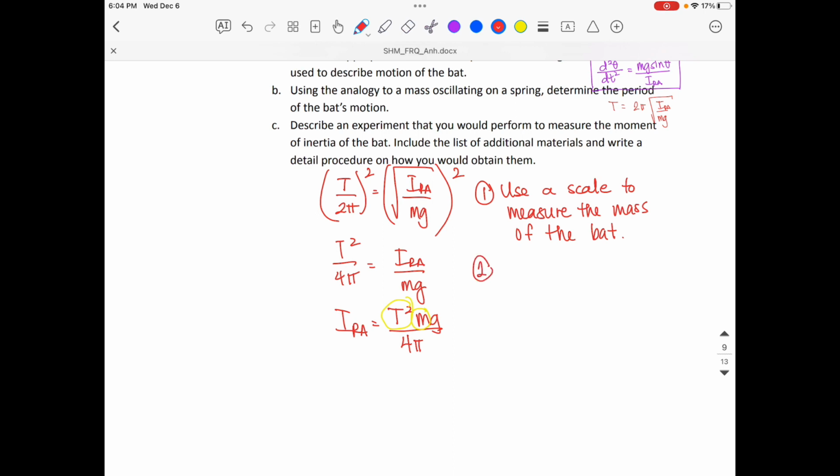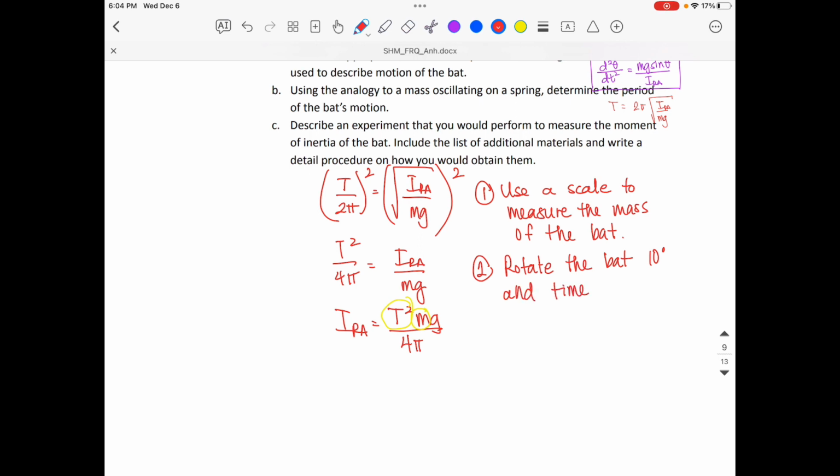Second, I am going to rotate the bat. I'll call it 10 degrees just to be safe, and